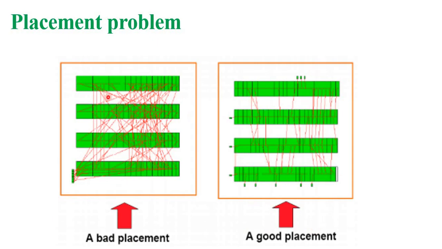If we observe the signals, these signals are complicated to connect, each and every one is clumsy to see. But here the connections are not difficult. Some signals are clumsy, but most of the signals are not clumsy, so we can easily connect. So in the good placement there is no problem to interconnect, but here if we connect the pins like that, definitely a problem may arise. That type of problem in the placement is called a bad placement.